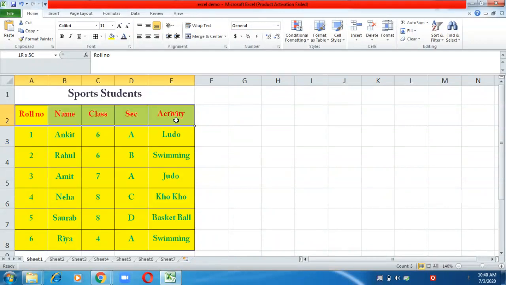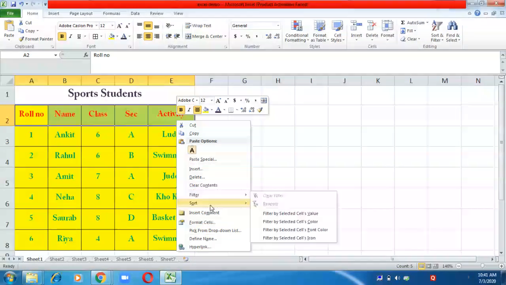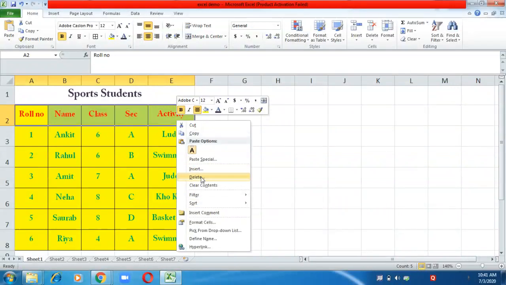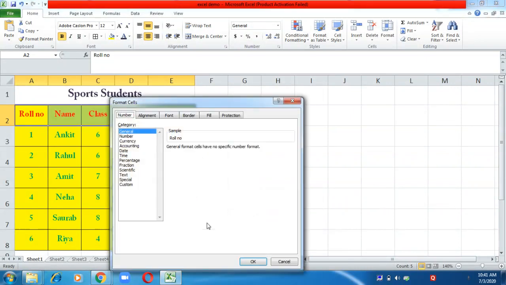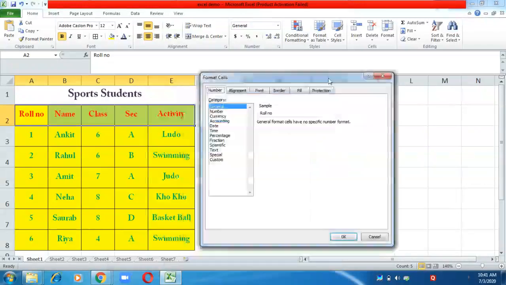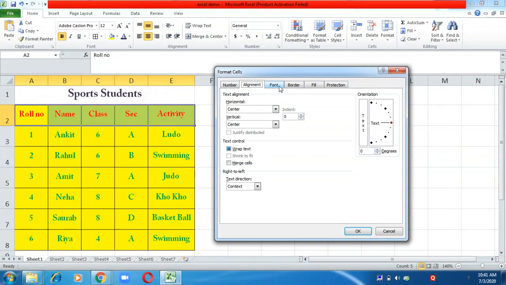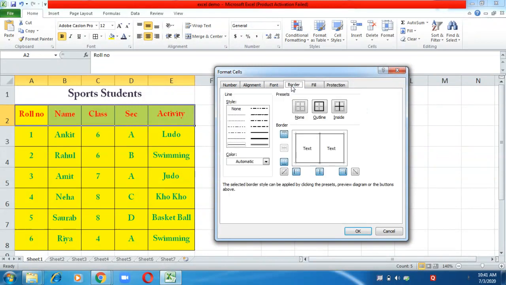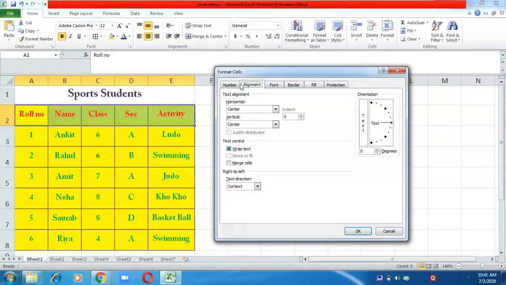First of all, you have to select the text for that, then right click on the text, and then there is an option of format cell. Click on it, and this dialog box will appear. Here we have different tabs: number tab, alignment tab, font tab, border, fill, protection. These are the different types of tabs.